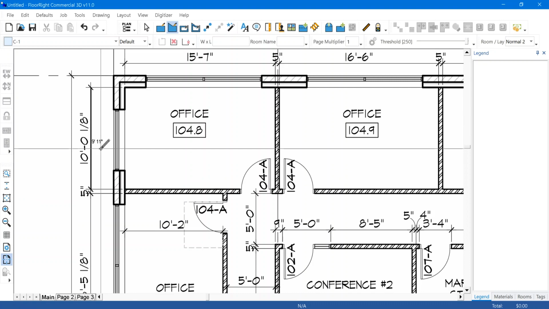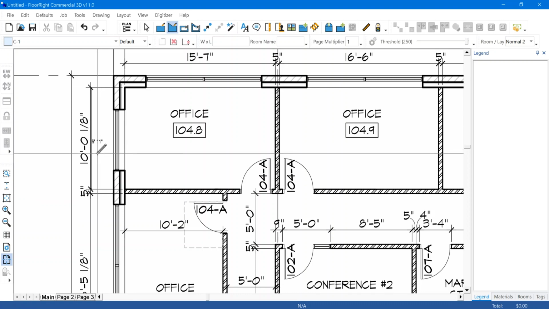So right now you see 9 foot 11 inches, which is pretty close to the correct scale. What I'm going to do now, up on the toolbar, is the highlight arrow. I'm going to left click on that, and then left click on the line I just drew. So now you see it highlighted blue. Now up next to the highlight arrow is the floor plan properties. I'm going to left click on that,